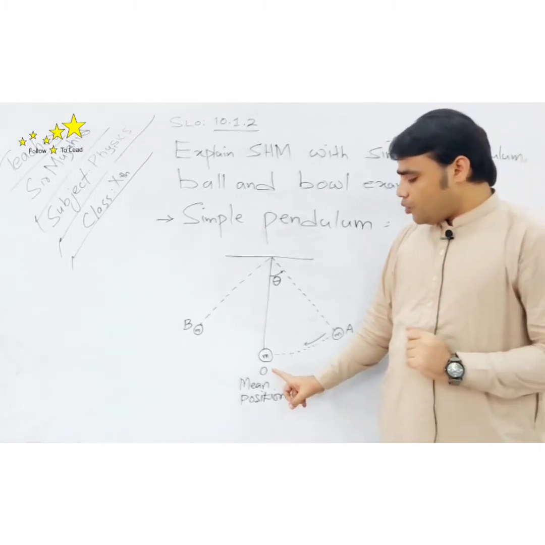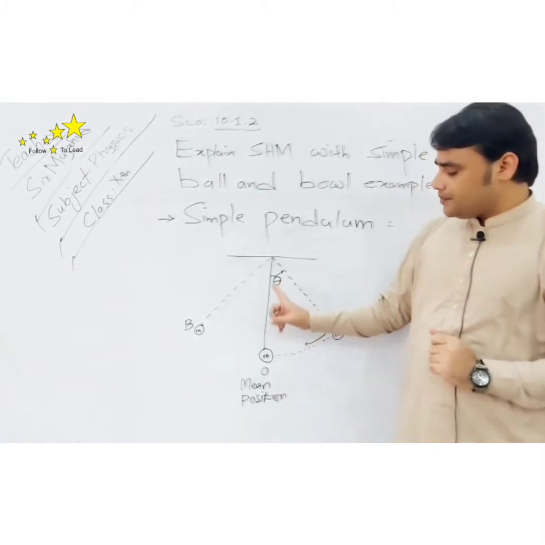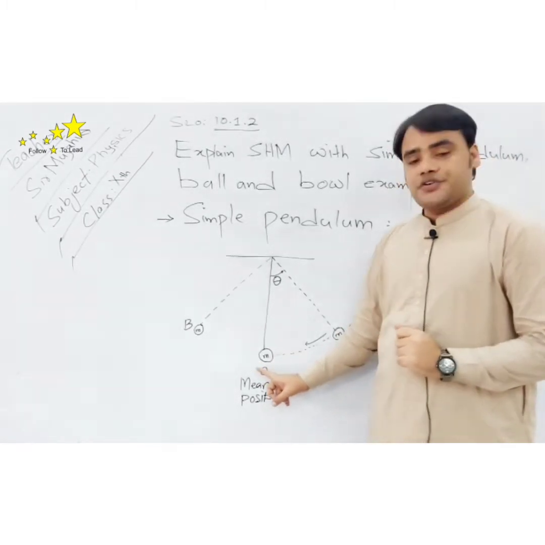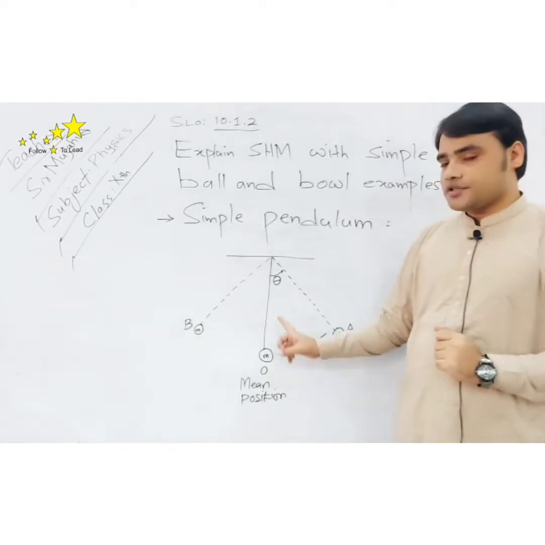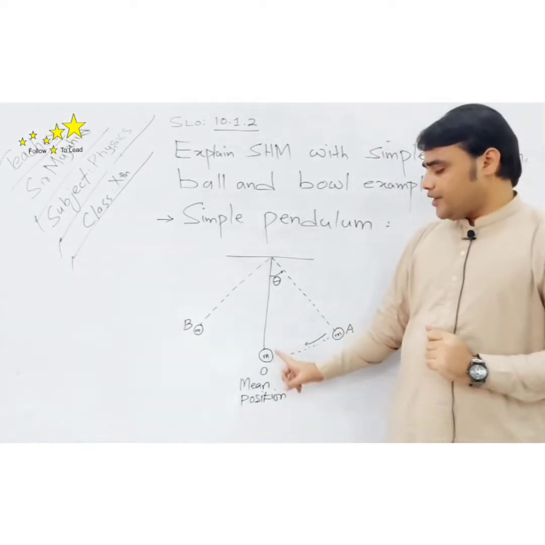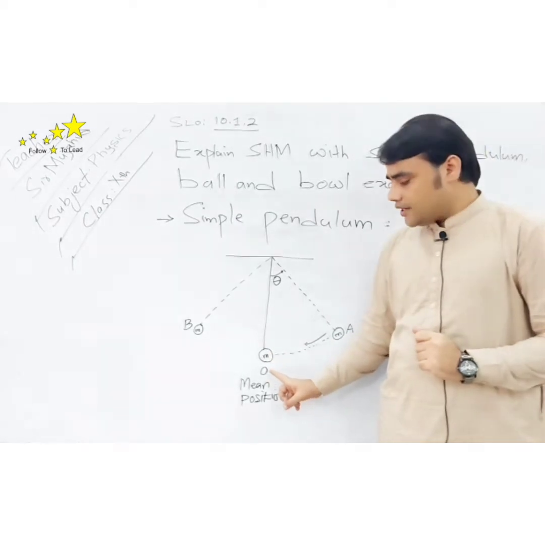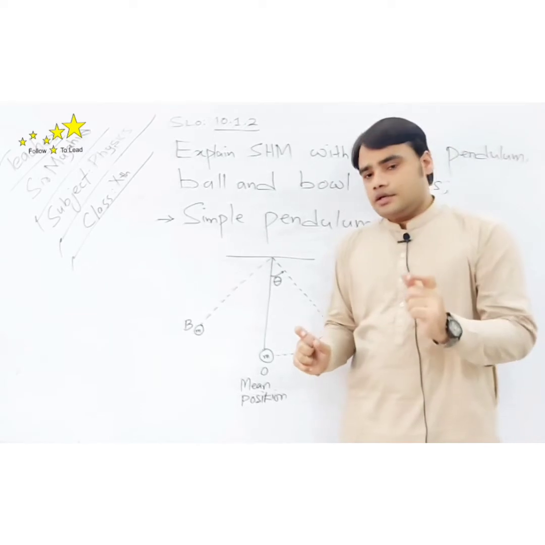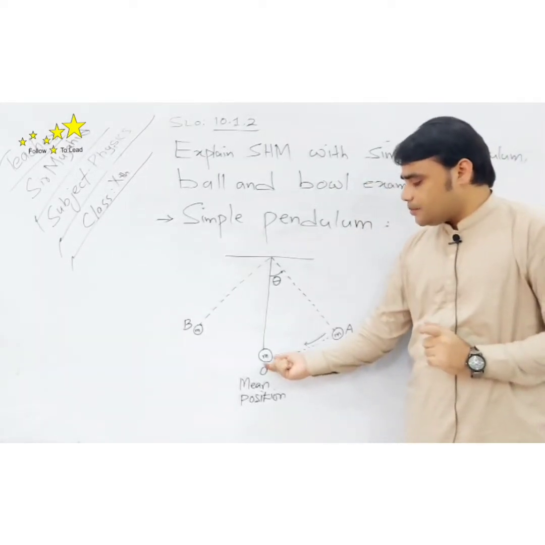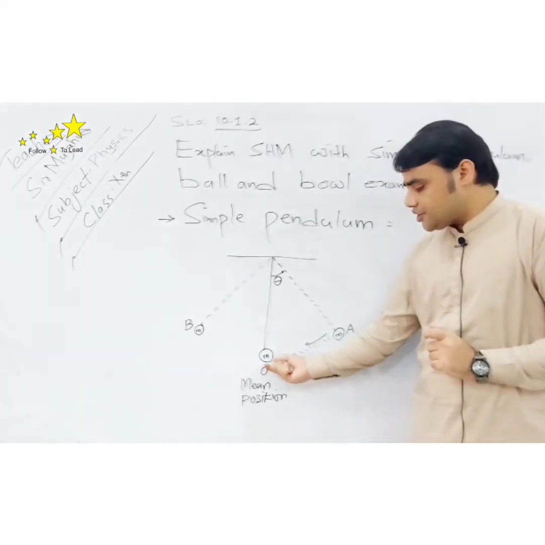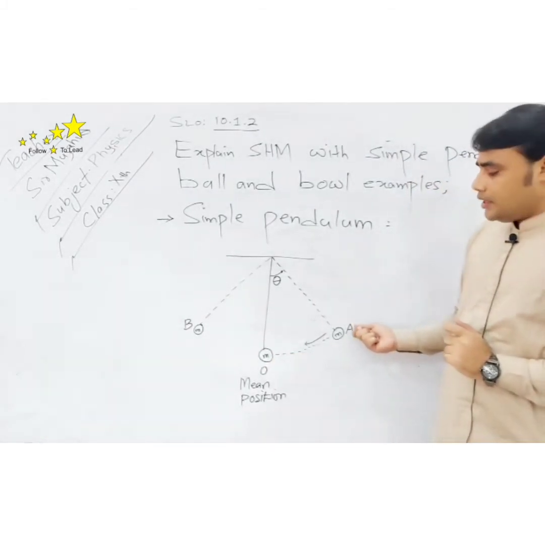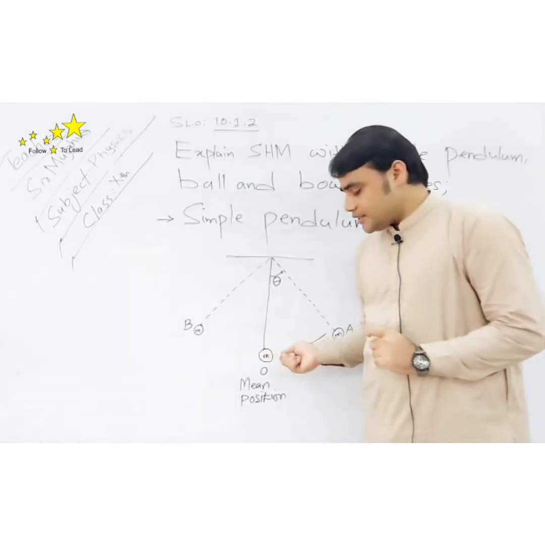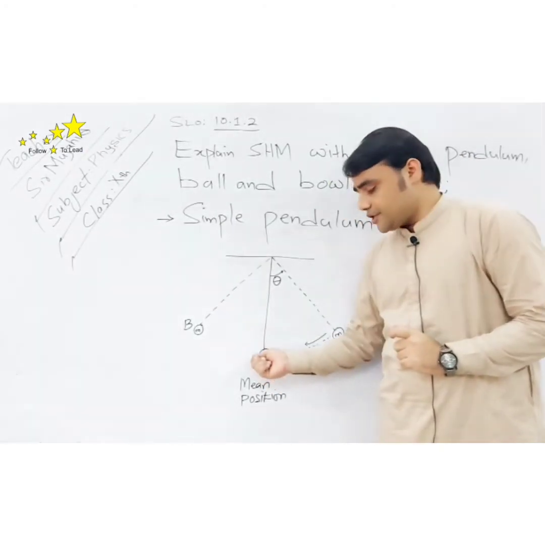Initially at position O, on its mean position, the bob is stationary, meaning the upward and downward forces are the same. The total weight of the bob acting downward is equal to the upward forces. So what happens when we slightly displace this bob from its mean position towards A? Due to its elastic restoring force, it bounces back towards the mean position.